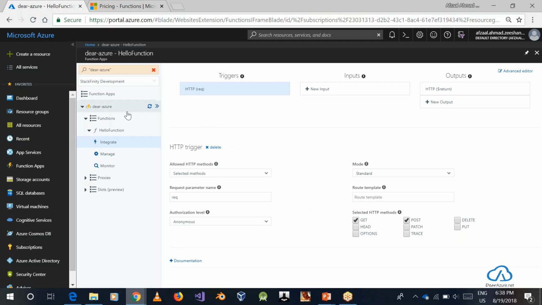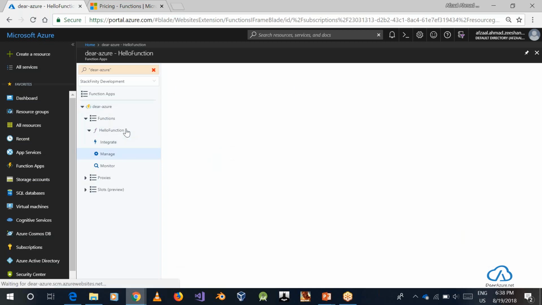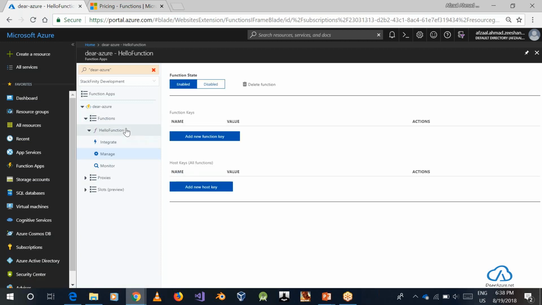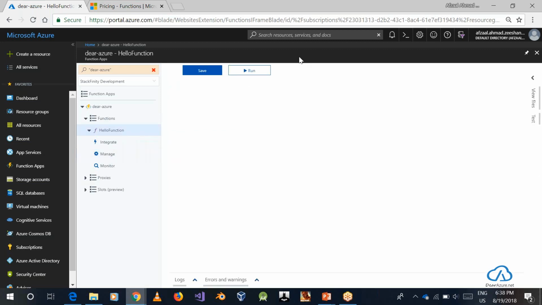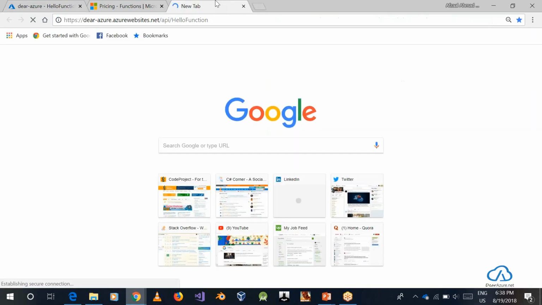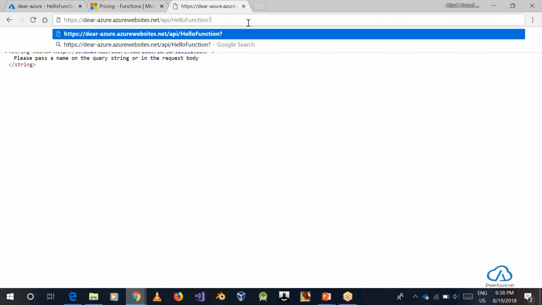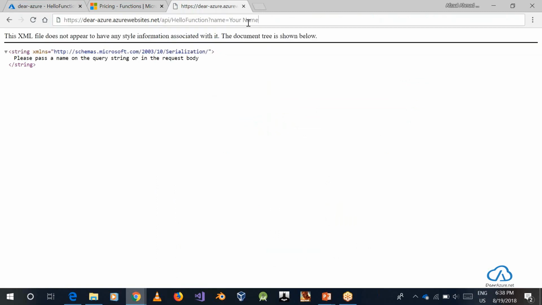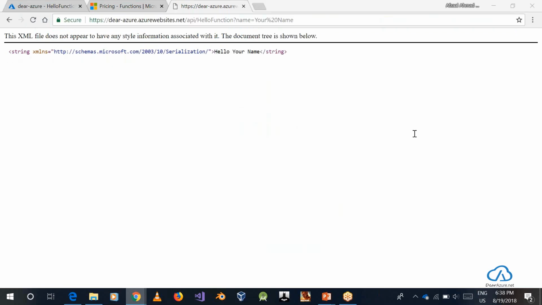Since I'm not going to use this function, let's just go ahead and see if I can get the URL for this function and have you guys send a request to it as well. Get the function URL, copy, hello function. Is it accessible? Okay, so name, URL. I'm going to be sending this URL for you guys to try.